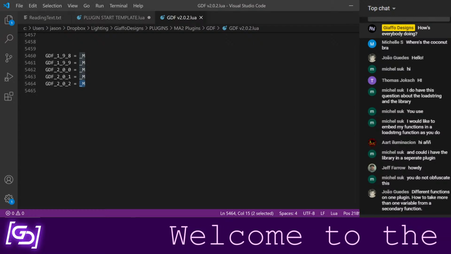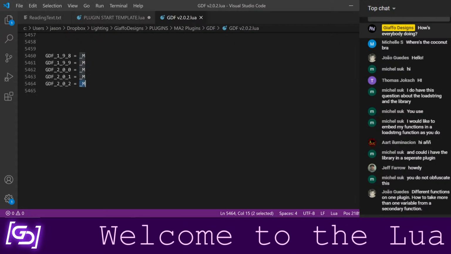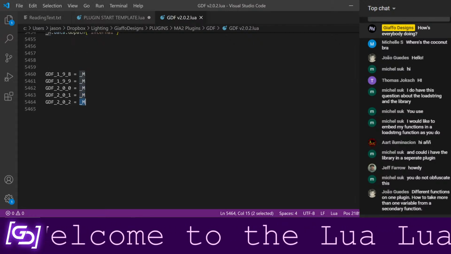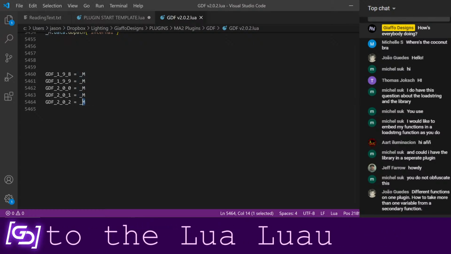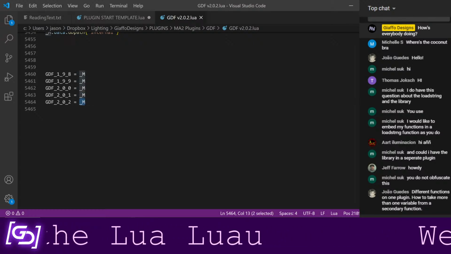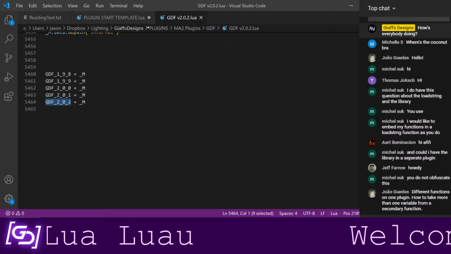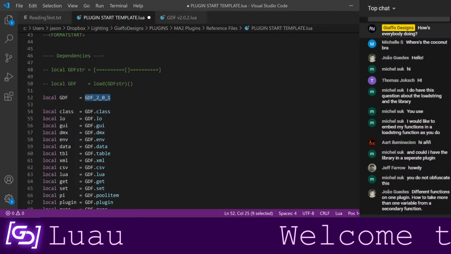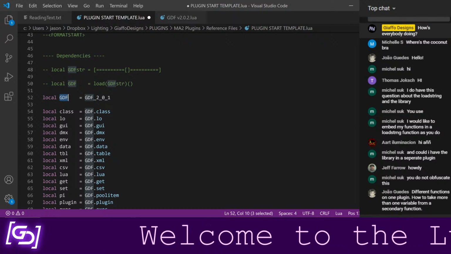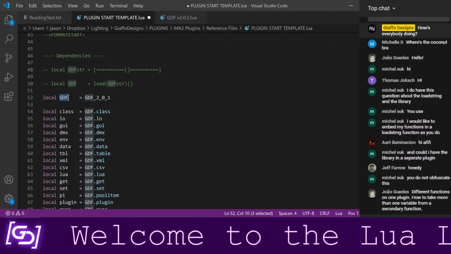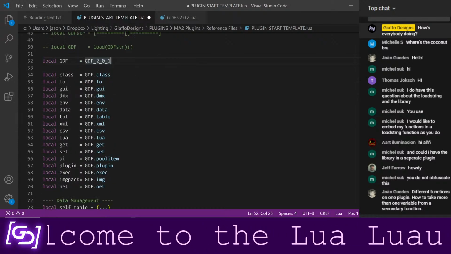I'm going to get into the details of how this works later, but just so we're aware as we're going through, that table is referenced by this global variable, and now everything that was in that table can be referenced in here by the start of GDF, which just stands for Giaffo Designs Functions, because that seemed like a thing to name it at the time.